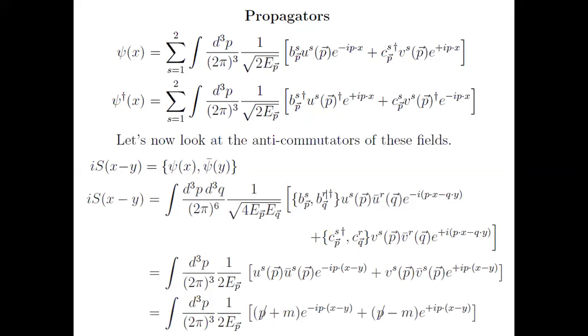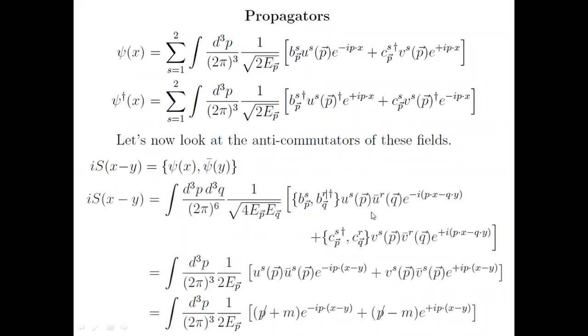Spinor particles always satisfy anti-commutation relations, because if two particles are exchanged, the amplitude is negated. The scalars satisfy commutation relations. So here we will use the anti-commutation relations. This will give a delta function term again. This will again give a delta function term.